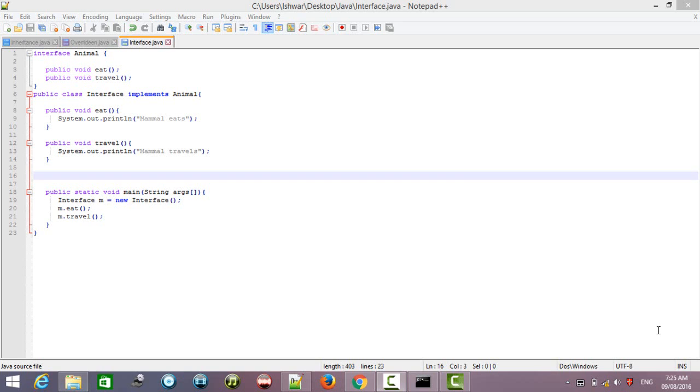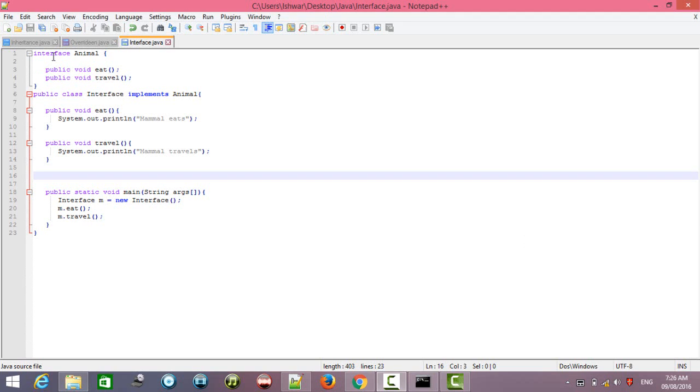When you go to a hotel, the manager gives you the menu card. In this menu card, only the names of the dishes are written. The actual implementation, how the dish has been prepared, is not written. They will just give the name of the dish, and the actual implementation of dishes is somewhere else, I mean to say, in the kitchen of that hotel or anywhere. Fine, this is the same logic which is there in interface.